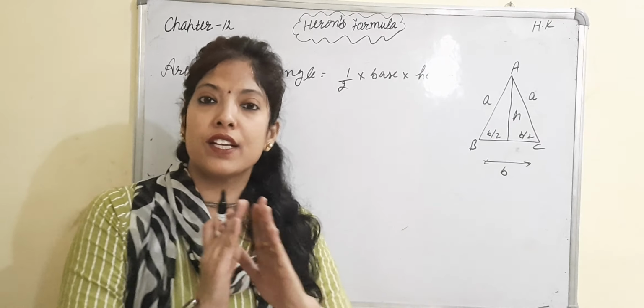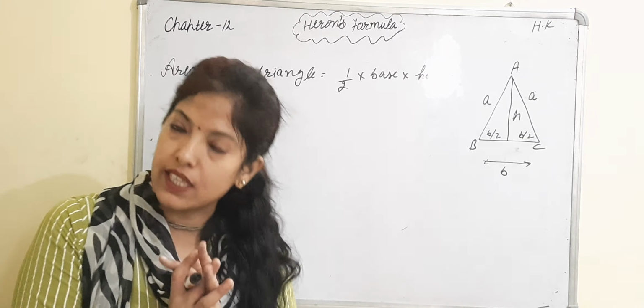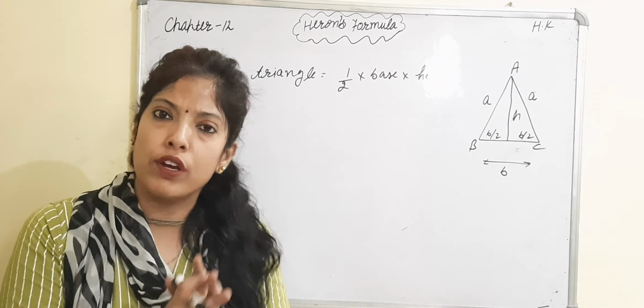This is an activity for you. If you draw an isosceles and equilateral triangle on a drawing sheet and draw the median, you can check that this median is the perpendicular on the base. And if you draw a perpendicular, then this perpendicular is the median of the base. Only in isosceles and equilateral triangles, not any other triangle. So this is the height. This line is perpendicular, this line is median. That means this angle is 90 degrees.